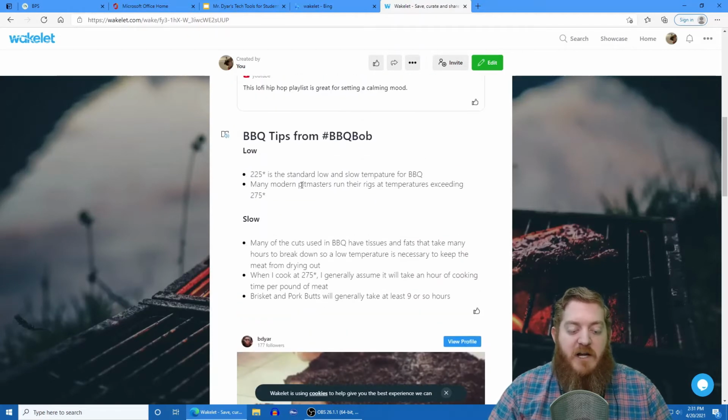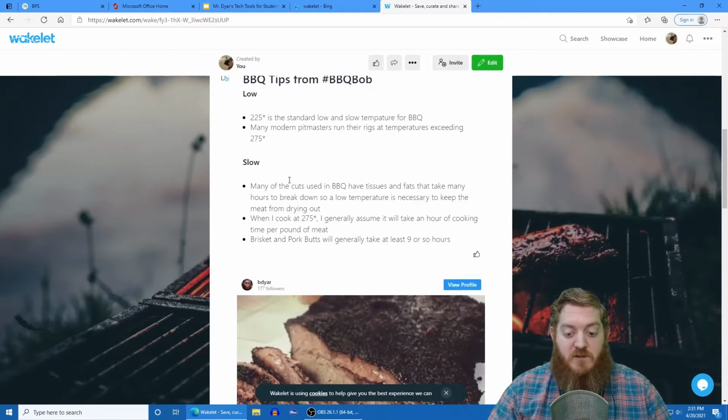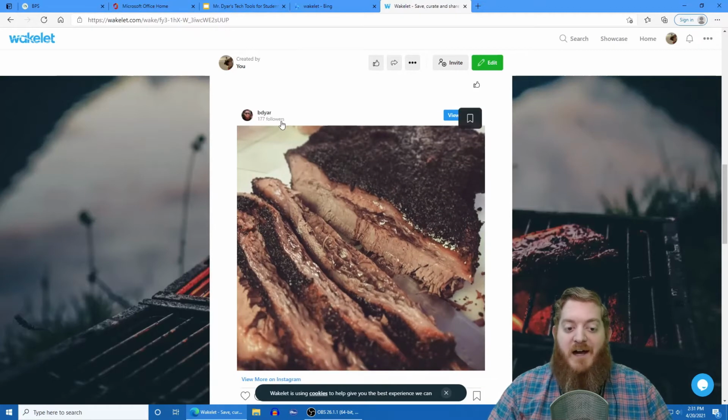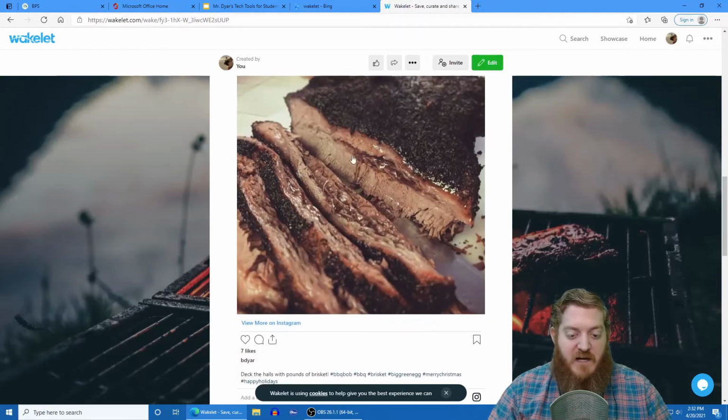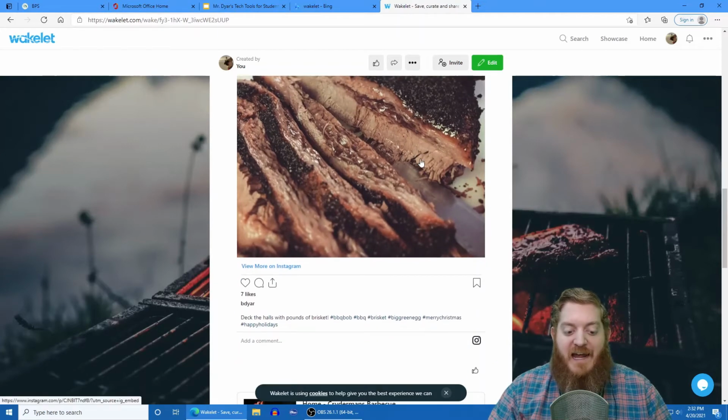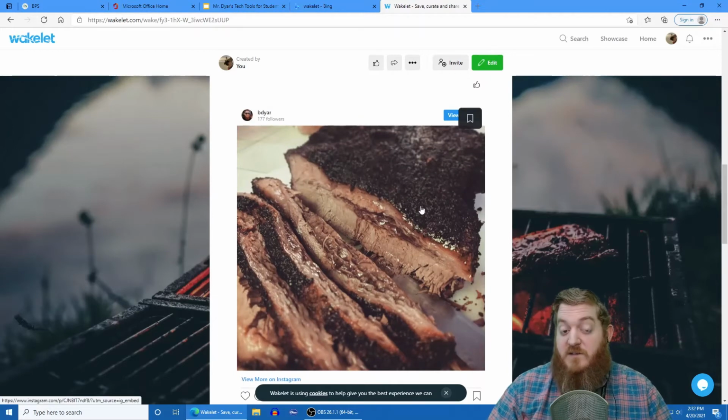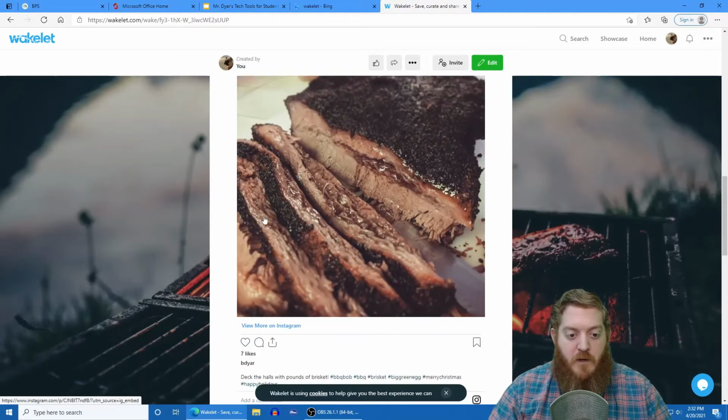Next up, I went ahead and I included some tips from Mr. Dyer himself. So this is an example of using text within the program. So I wrote out some tips about cooking low, cooking slow, and again, the Immersive Reader would allow me to read through this as a student. Really cool. Instagram, you can link that to the web page here, and you can see I have my image of my brisket that I cooked, and I can have that description and all my likes here so people can see that this was a very well utilized Instagram post.